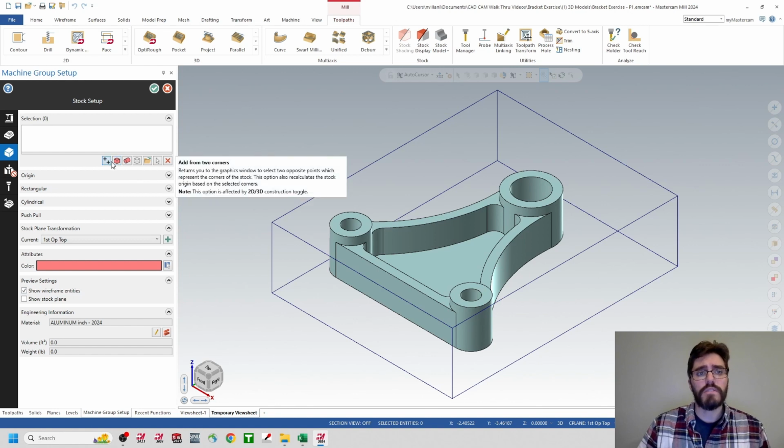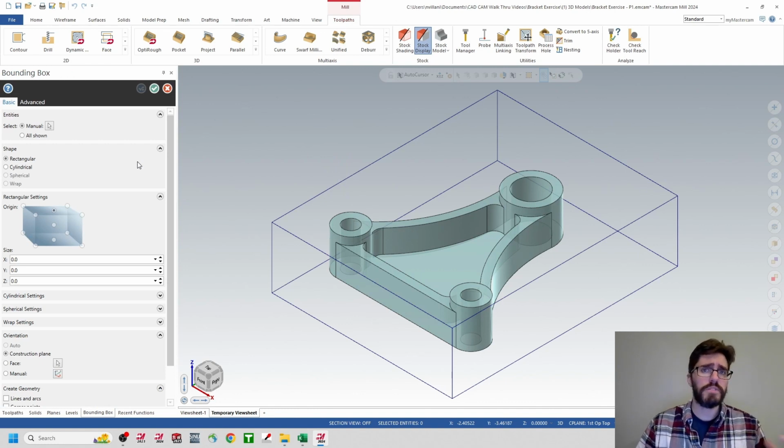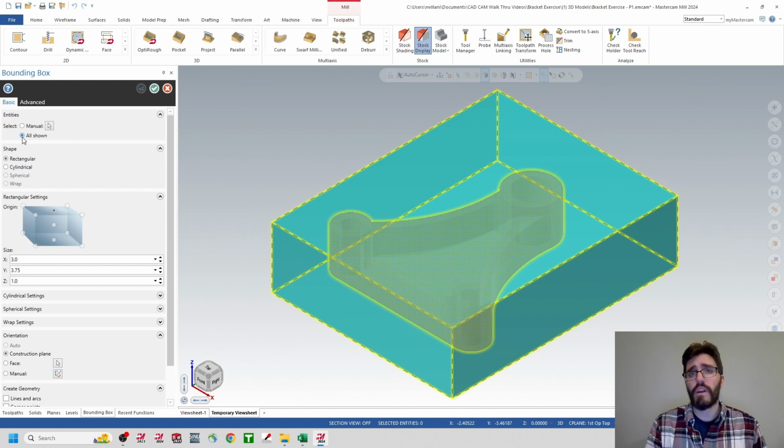And then up here in this top row of icons, we're going to look for a familiar face here, which is going to be add from bounding box. So click on add from bounding box. This is going to pull you into the add from bounding box command. And you could, if you wanted to, relink this to the origin, and you can type in all these values if you wanted. However, if you just click on all shown, it's going to recognize that wireframe geometry that we